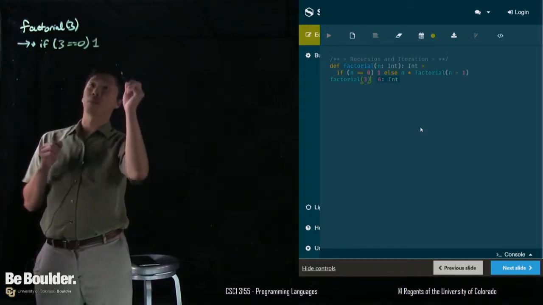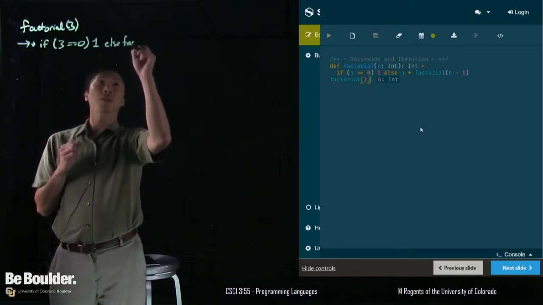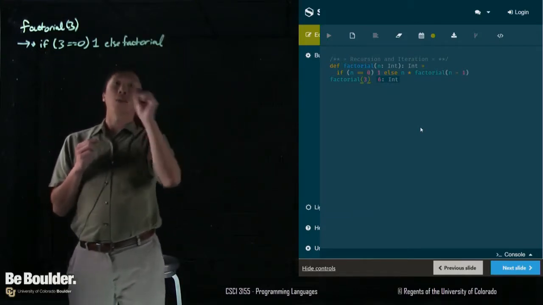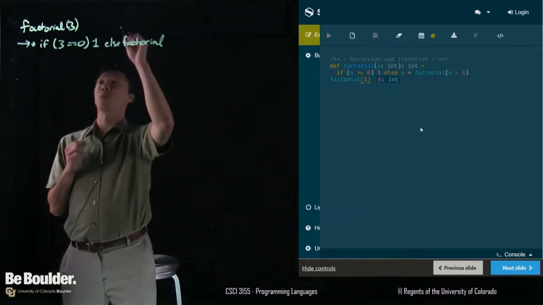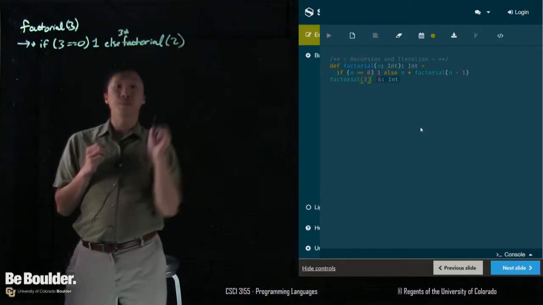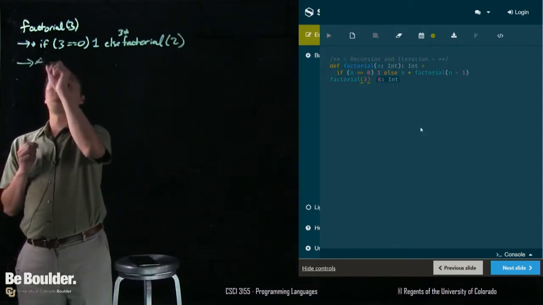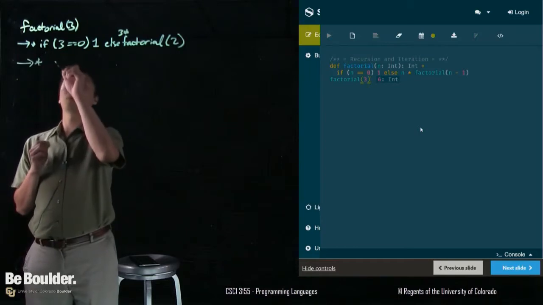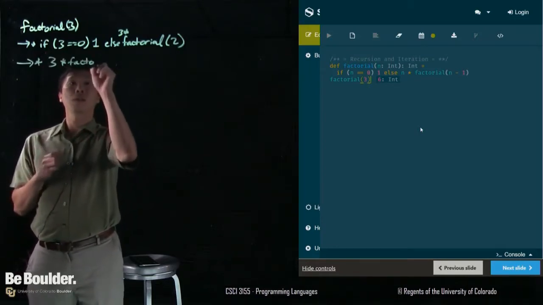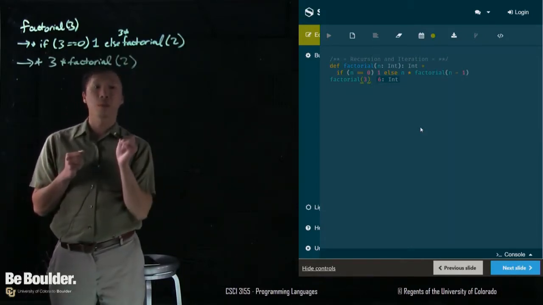So if 3 equals 0, then 1, else 3 times factorial of 2, which, because 3 does not equal 0, would reduce to 3 times factorial of 2,